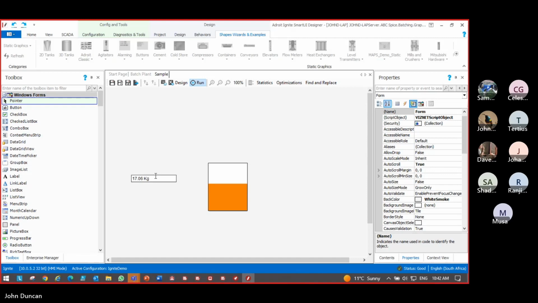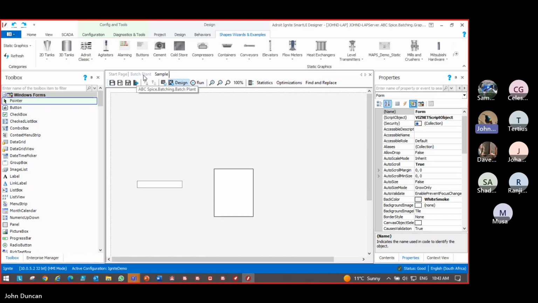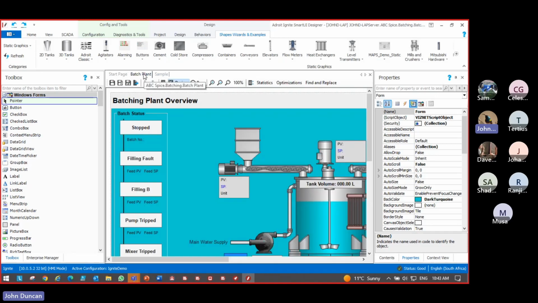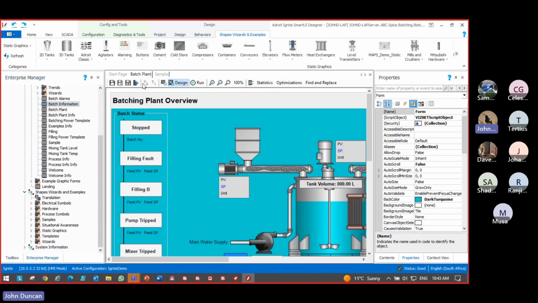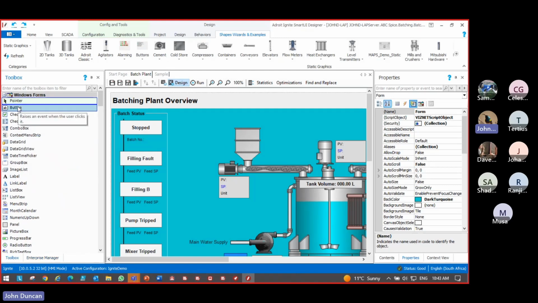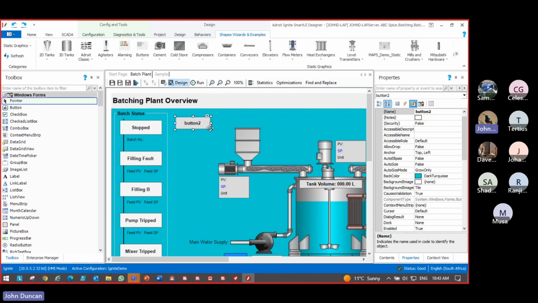Okay, so now we want to be able to launch this graphic form that we've configured. So let me go back to the batch plant, and as you see, all my open graphic forms will be shown over here as multiple displays. So on the batch plant, I can then go to my toolbox, and I'll say, right, let me add a button. So let me put a button over here, and this button I'm going to call